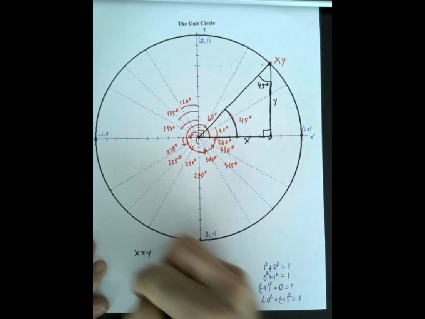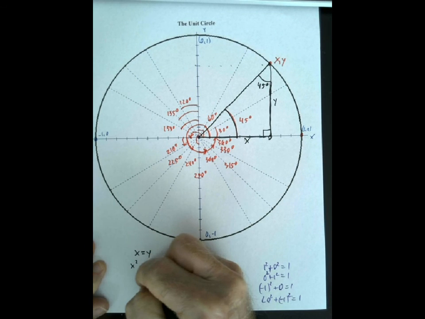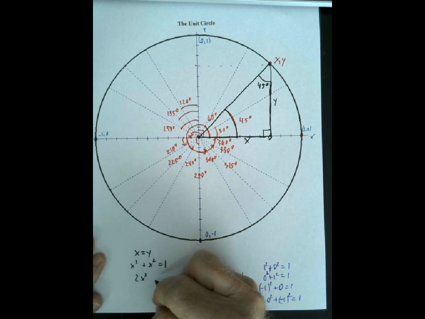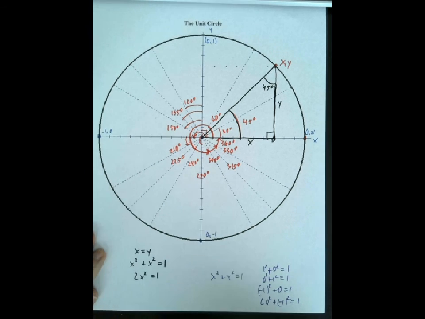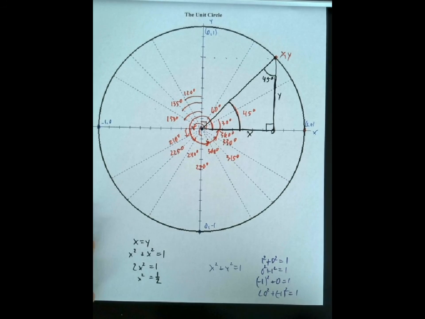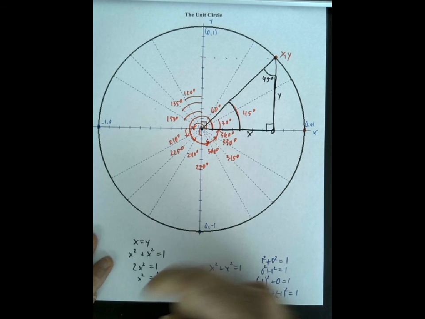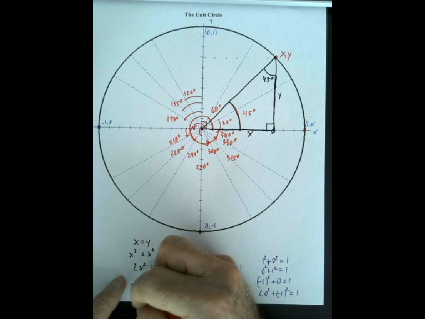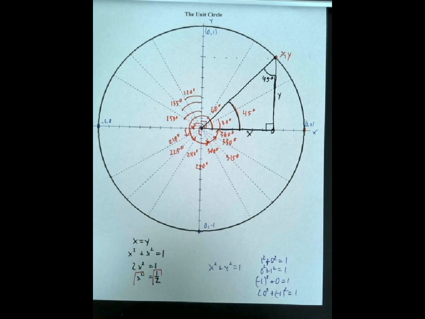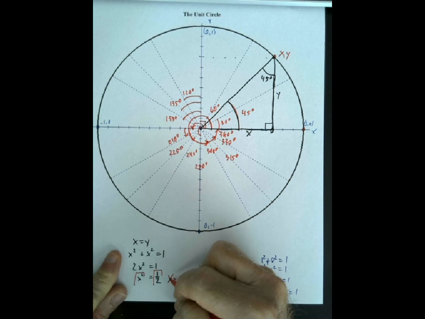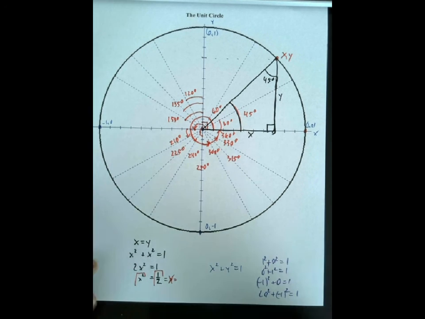So instead of x squared plus y squared, we can write x squared plus x squared equals 1. I'm going to put the x where there is a y, and we can solve for x. That's 2x squared equals 1, right? Divide by 2, x squared is equal to 1/2. So far so good, I hope. And then we're going to square root both sides to get the x by itself, right? And we get x is equal to, I guess I'll put it down here,